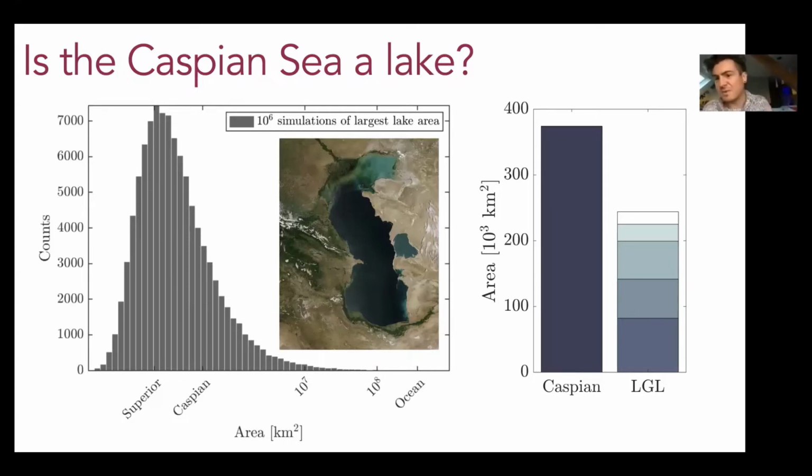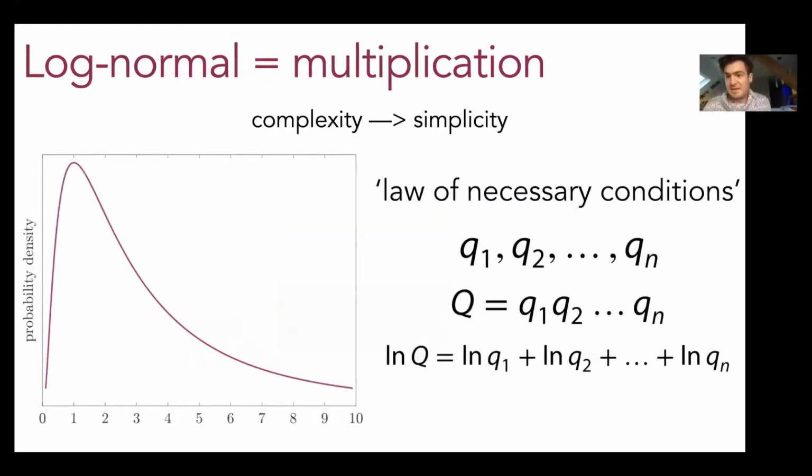So that brings to bear, you can give a context to this question about, is the Caspian size actually too big to disqualify it from being a lake? So that's one example. Another one that comes up a lot is the log normal distribution. So this is very similar to the Gaussian distribution or the normal distribution, except instead of adding stuff together, we're multiplying stuff together. And this is another example of a place where the more complex something is, eventually that can result in it actually ending up being pretty simple in a paradoxical way, because that complexity all kind of smushes, cancels itself out.